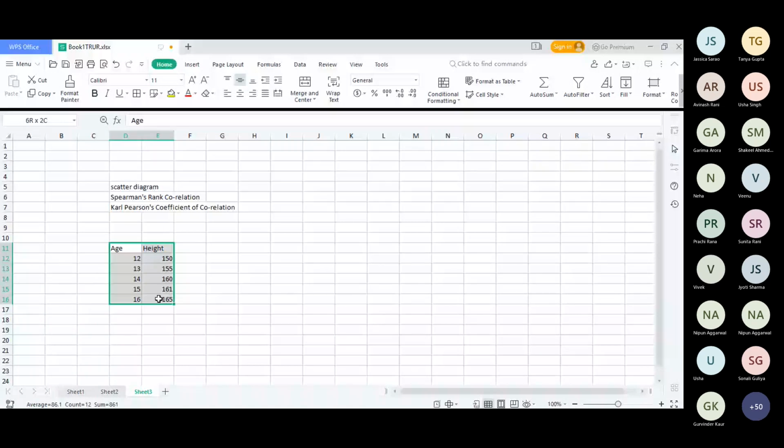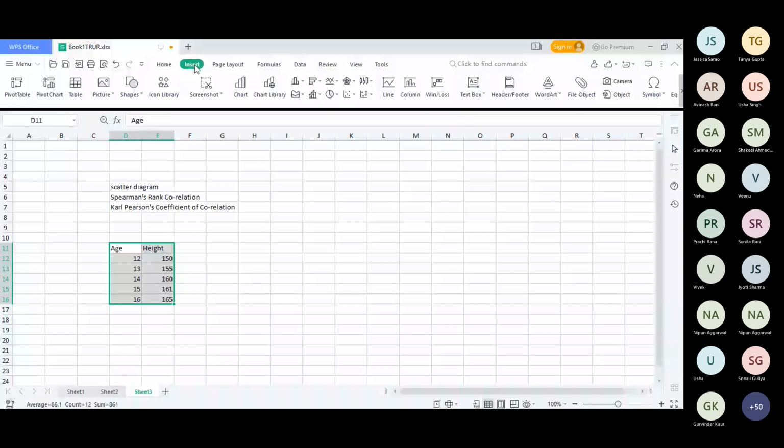So on one axis we'll take the age, on the other axis we'll take the height, and we plot the data. So if we plot the data on a graph, yeah. So if we want to make the graph of the same,